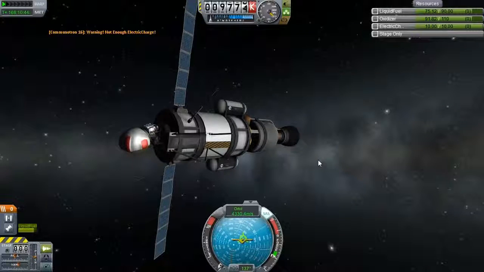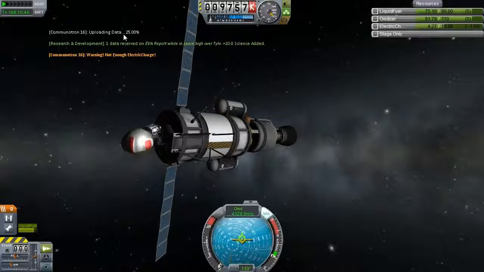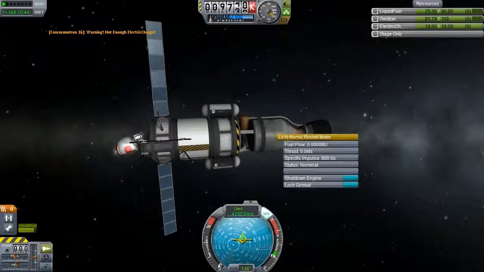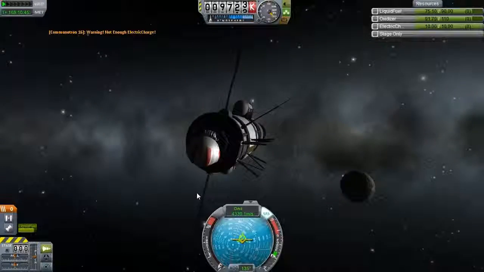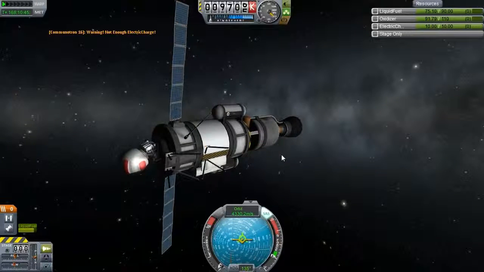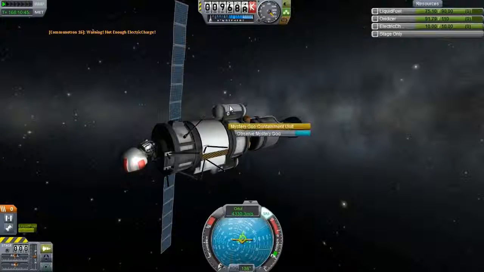You see how it's saying not enough charge? If I just fire the engines, suddenly it transmits the data. This engine doesn't produce electric charge, so I don't even know what that is. That's just an interesting bug, I think. So if I click transmit data on these things,